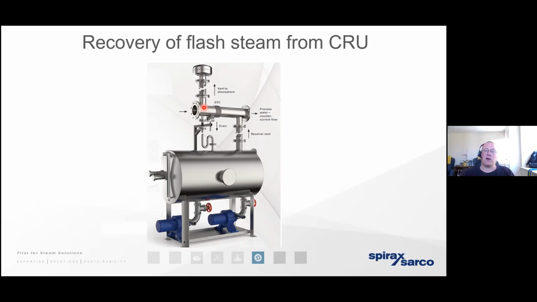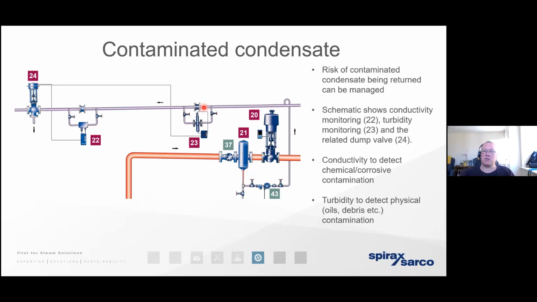Now, we know a lot of clients, a lot of steam using sites, will dump the condensate to waste for fear of it being contaminated. The good news is we can test the contamination rate of any condensate using a conductivity probe. And if that sends a signal to a diverting valve, that contaminated condensate can be dumped whenever it is a risk to the network. But whenever it's in an excellent condition for being reused, we can divert it back to